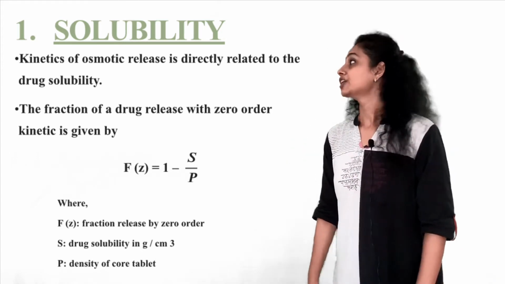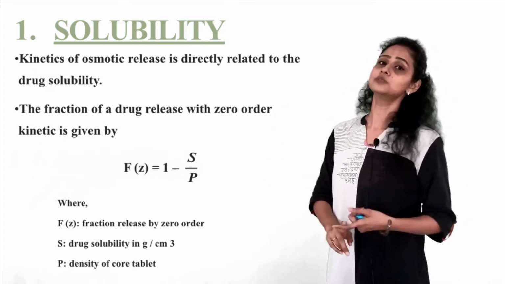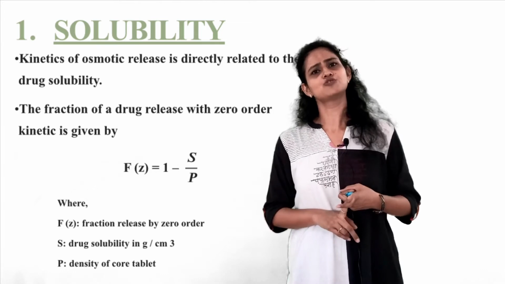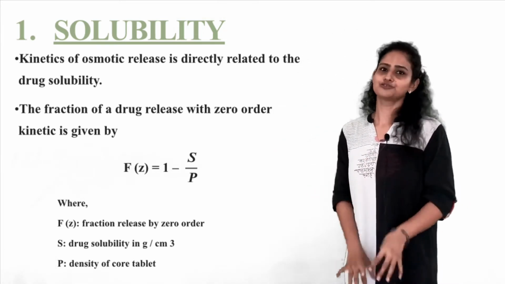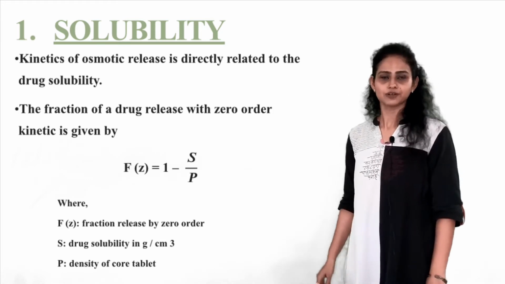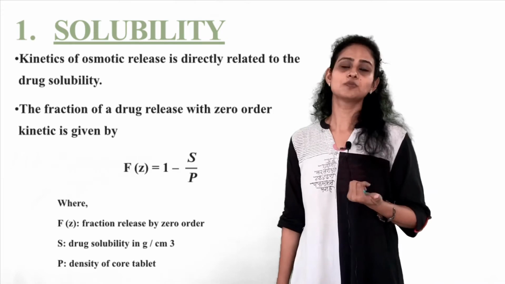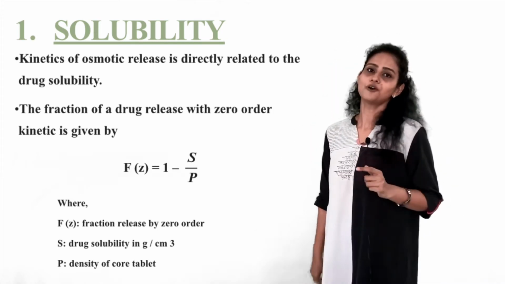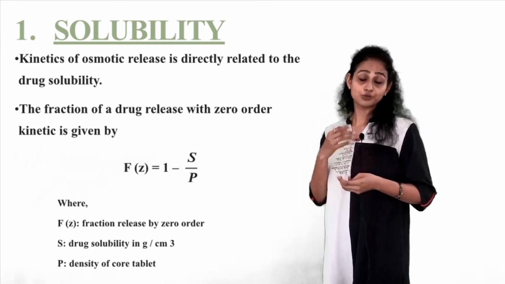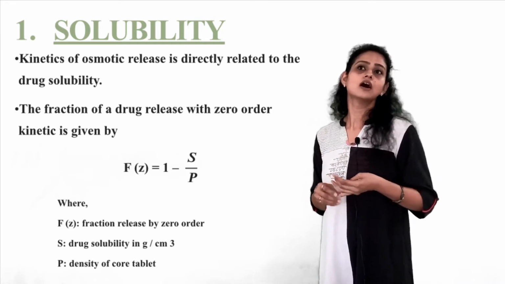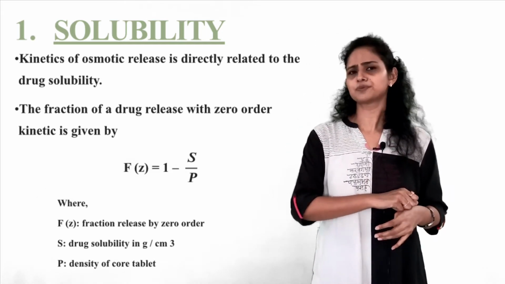Now, if we talk about the osmotic drug delivery system, then highly soluble drugs as well as very poorly soluble drugs, both these categories of candidates are not so suitable for osmotic drug delivery system. So, if your drug is highly soluble or very poorly soluble, then you have to modify the solubility of the drug using different techniques. To improve solubility, you can combine with cyclodextrin, or you can prepare complexation, or you can prepare a salt form.